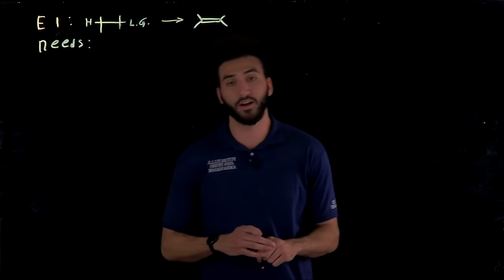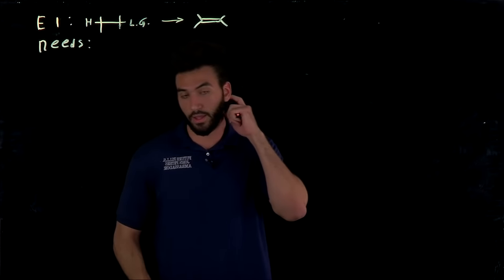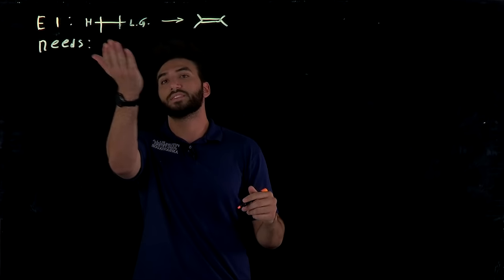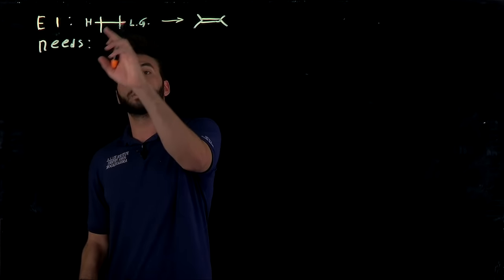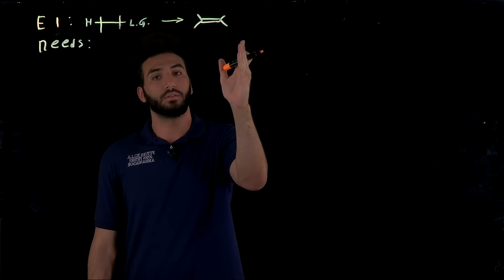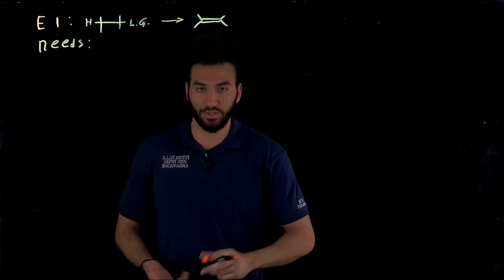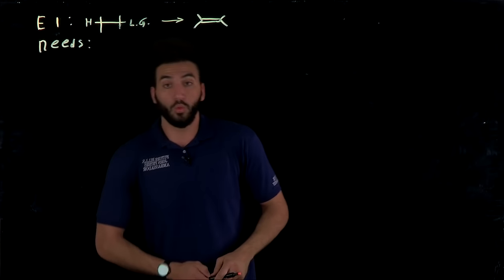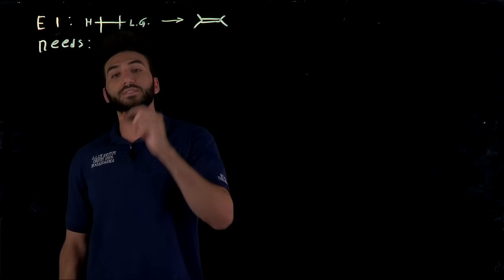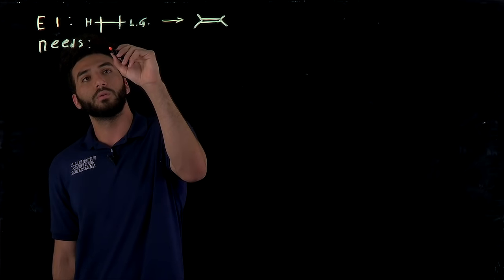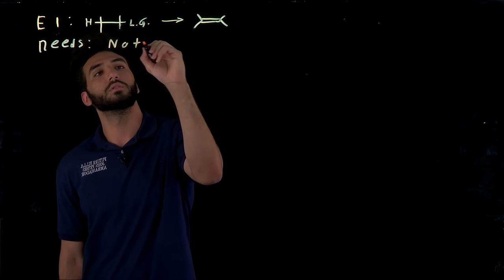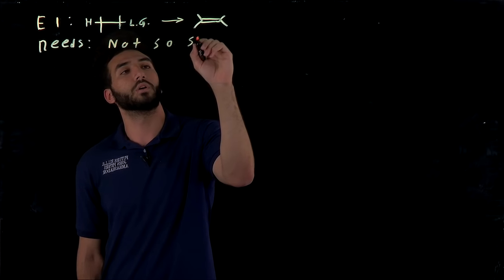All right, so today we're going to be talking about E1, and basically it is the same reaction as E2, right? You're going to have a leaving group, you're going to have an adjacent hydrogen, and we're going to form an alkene, which is just a double bond, right? So what does an E1 reaction need? In this case, unlike E2, we don't really need a strong base. So, not so strong